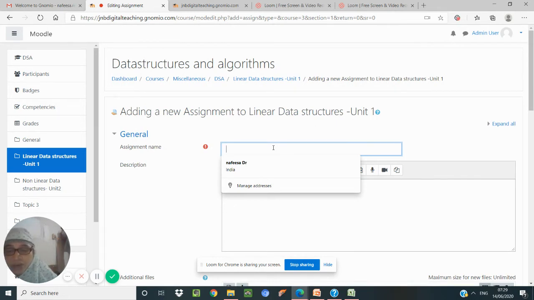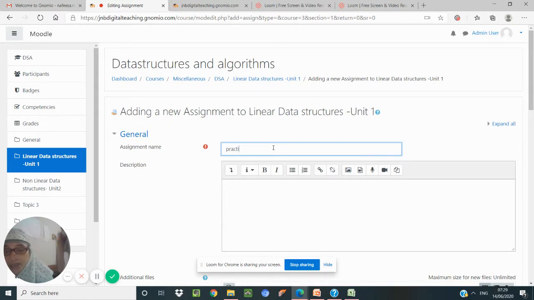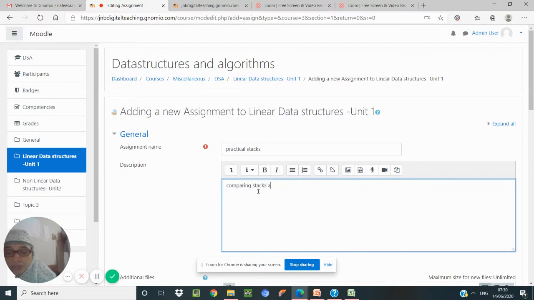Okay, so I am telling practical stats. Okay, stats. So my question is, let us say we will have something like comparing stacks and queues. Okay, so like this I can give.